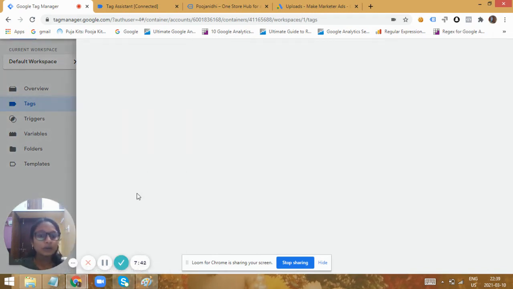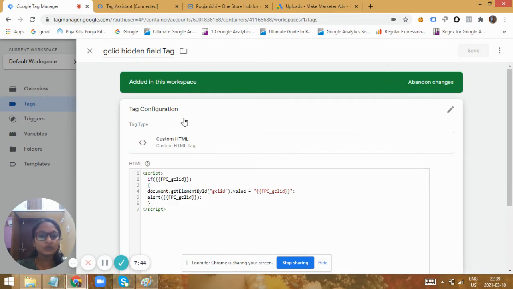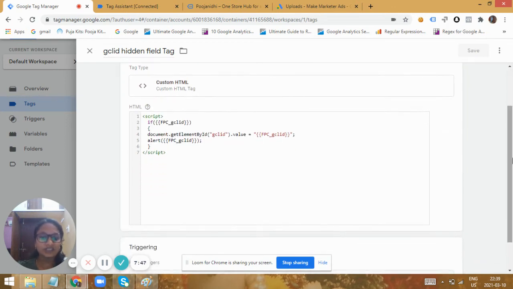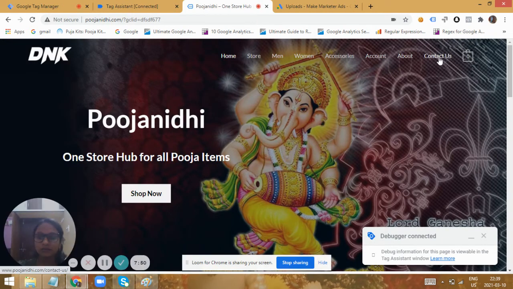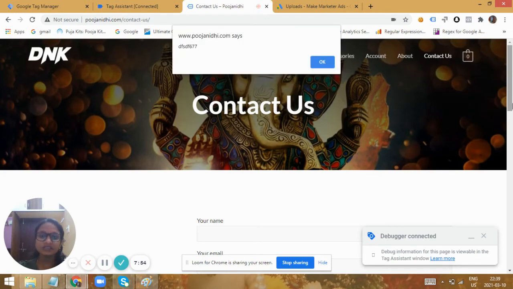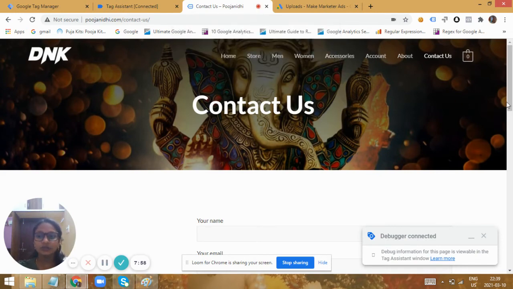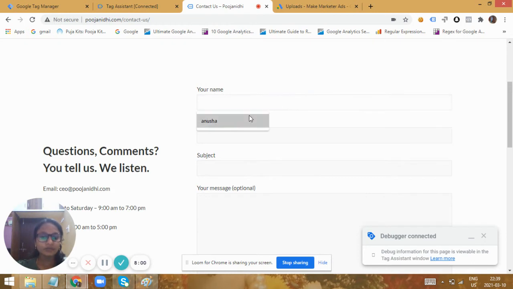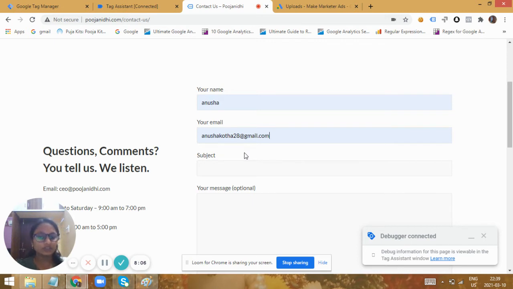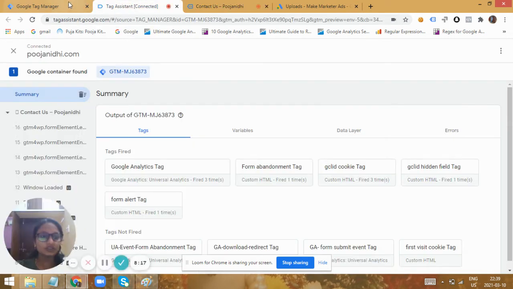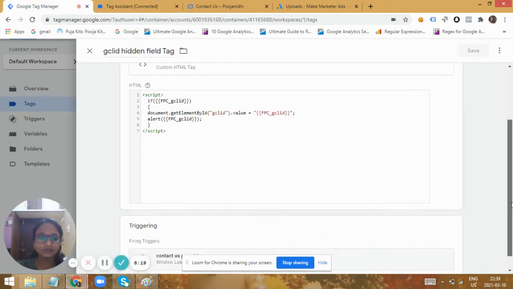So how could we send this cookie value when a user fills a contact us form in this website? Let me go to the contact us form. Maybe my user has come to my website and is interested in filling the form, and he fills the form. Then later on, after a few days, after sending a few mails, after some follow-up, he would convert. Then I would like to attribute that conversion to the GCL ID, the ad that brought the user to my website and made that conversion.